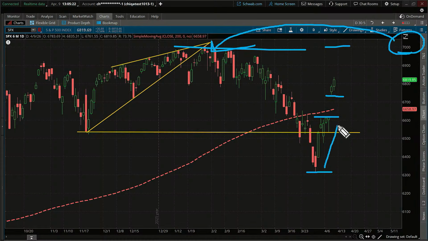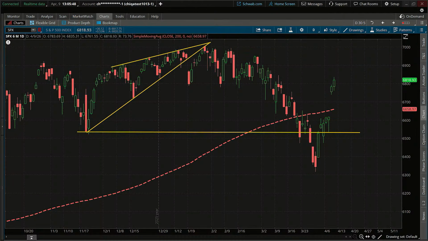If we get this run, it could prompt some investors and traders out there to look for stocks that have been showing recent strength, because after all, we are in the S&P 500. And I'll tell you what, if you're getting a gap like this on the S&P 500, it just stands to reason we're getting a lot of companies doing something very similar within this index, or whatever index you could look at, but specifically the S&P 500 right here.